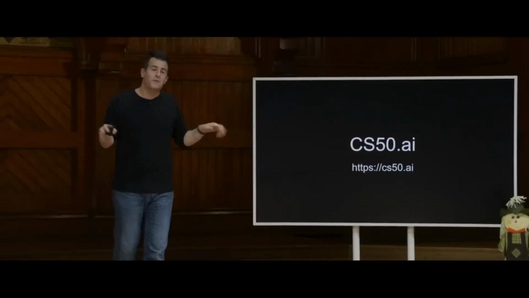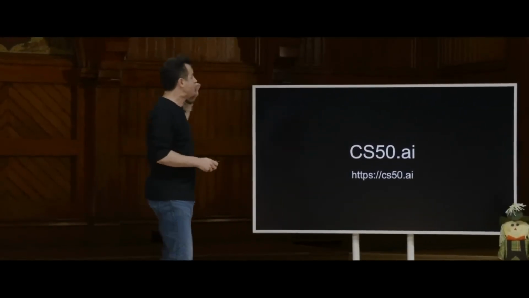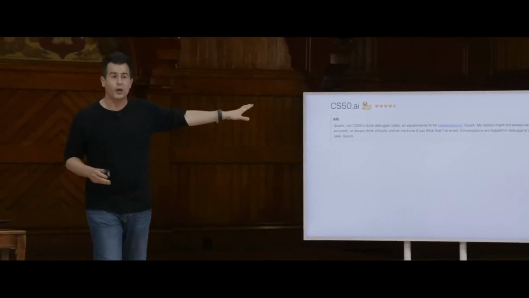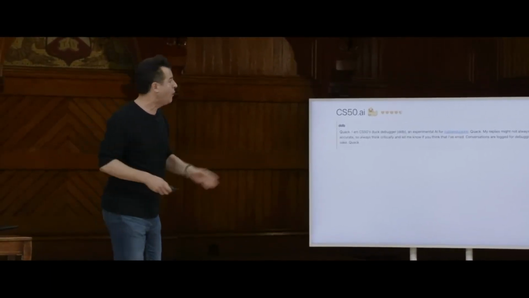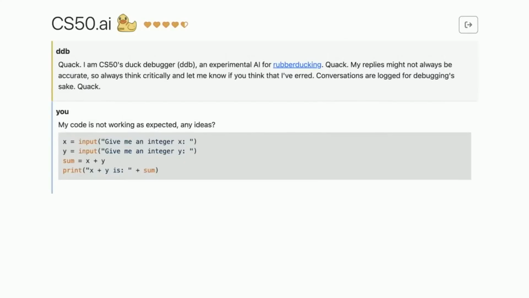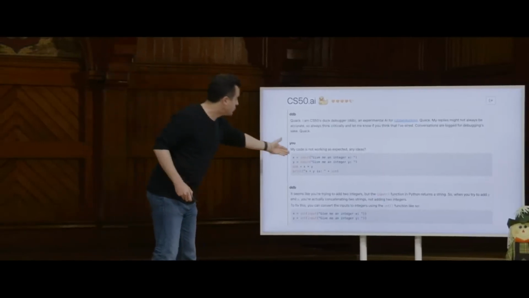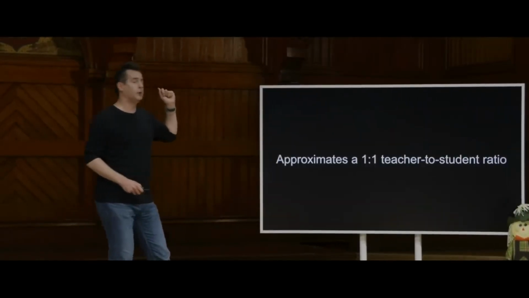So if you're curious, even if you're not a technophile yourself, anyone on the internet can go to cs50.ai and experiment with this user interface. This one here actually resembles ChatGPT itself, but it's specific to CS50. And here again is just a sequence of screenshots that I'll stipulate for today's purposes are pretty darn good and akin to what I myself or a teaching fellow would reply in answer to a student's question, in this case, about their particular code.